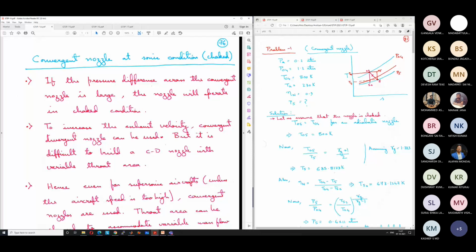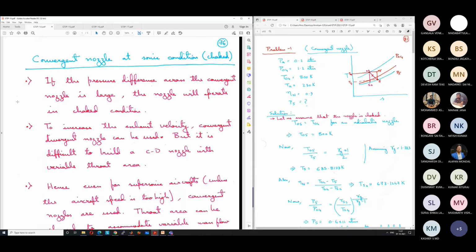Good morning. We will continue our discussion on turbojet engines, and we were looking at nozzles of turbojets. In the previous class, we had considered how to calculate the exhaust velocity if the nozzle is not choked. If the nozzle is not choked, we have seen that we can just calculate, based on the change in the temperature or the enthalpy, what will be the change in the velocity, and based on that we can find out what will be the thrust.